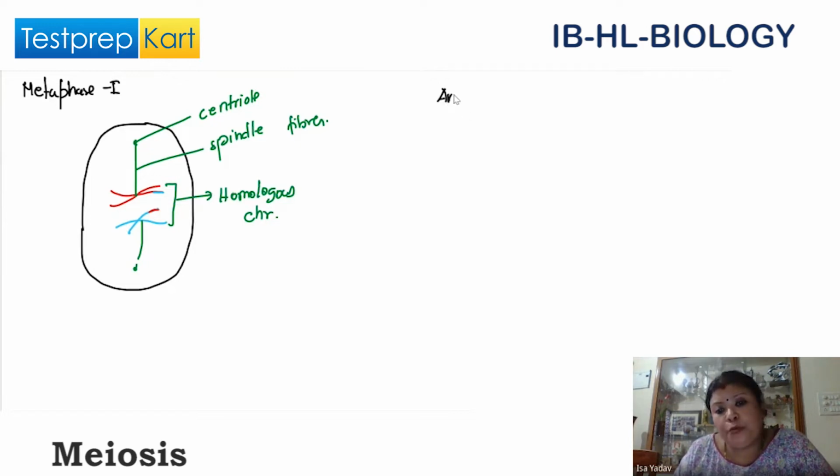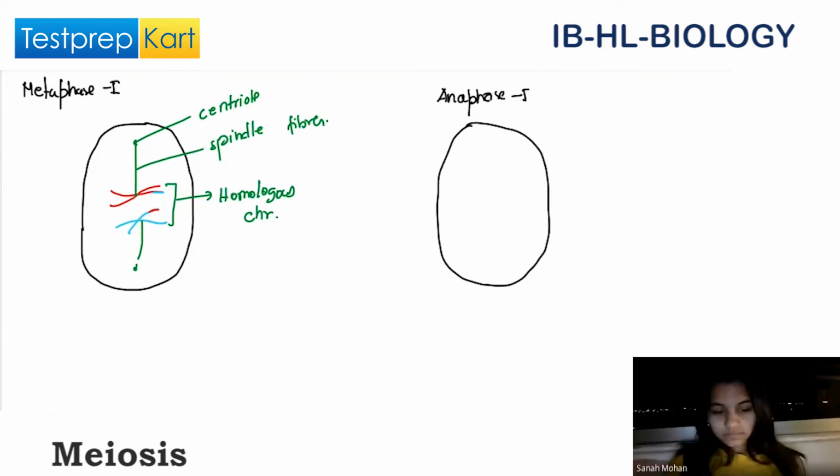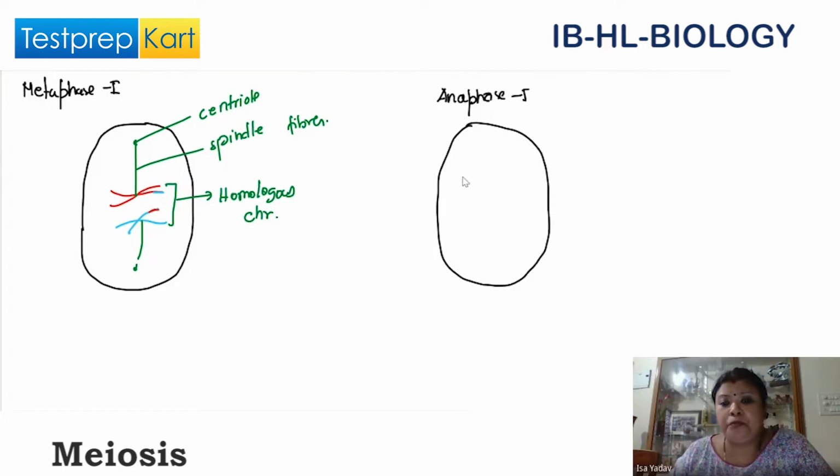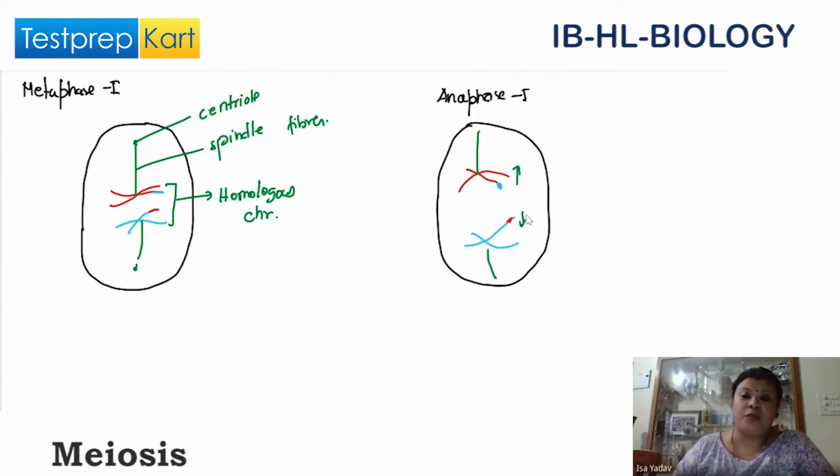Then we come to anaphase. Anaphase 1. In anaphase 1, the chromosomes are pulled apart like this. Okay, chromosomes are pulled apart. And who pulls them? The spindle fibers. Okay, so chromosomes are pulled apart. Once they go to anaphase 1, after that we have